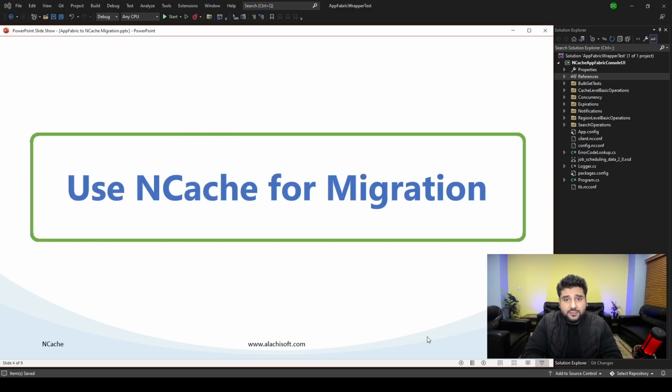So what are the options in this case? The best and the most recommended option is to use NCache for migration. The reason for this is that NCache is a 100% .NET native distributed caching solution that runs on a Windows platform. It is very feature rich, extremely stable, and gives you very easy options to replace AppFabric in your applications with NCache. Apart from that, NCache is a fully supported product where you get timely releases, timely security and